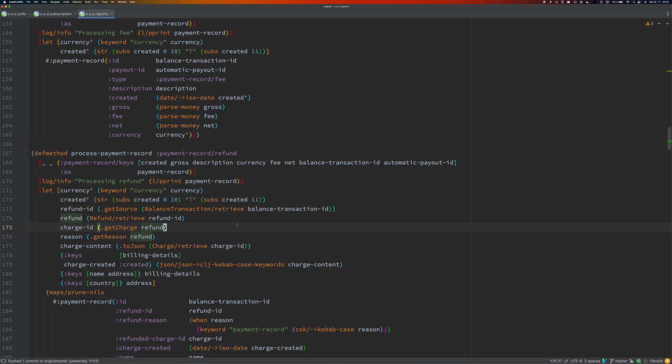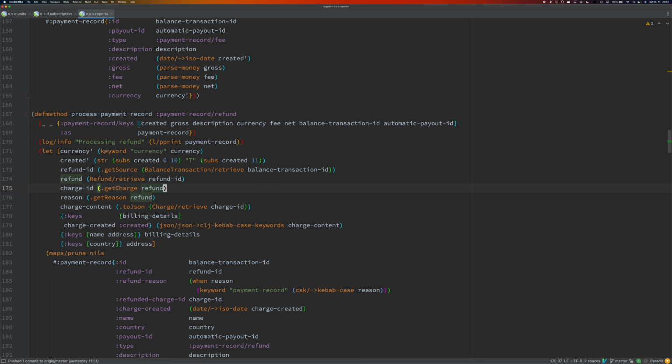So we wanted to separate it like this, and I didn't know how, for a given refund, basically for the given payment, to find who was refunded, because I want to display the name of the customer.